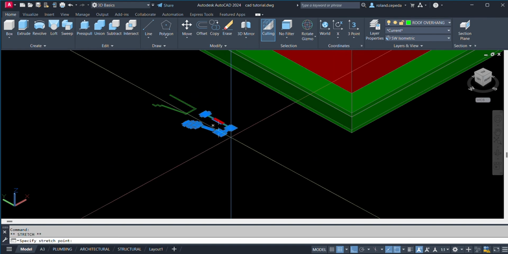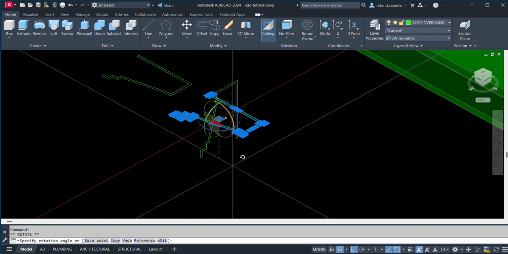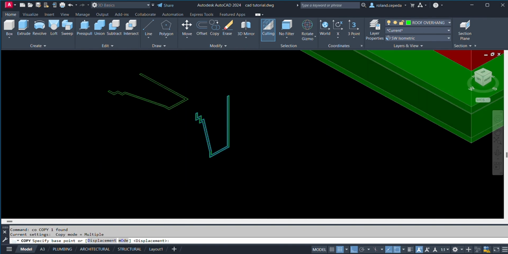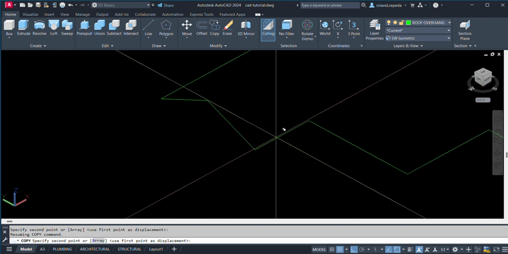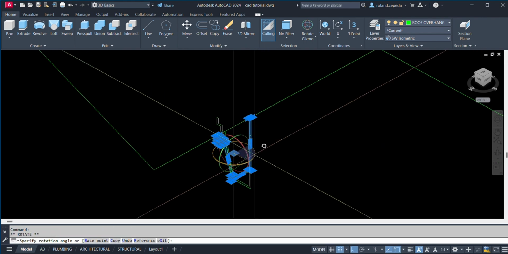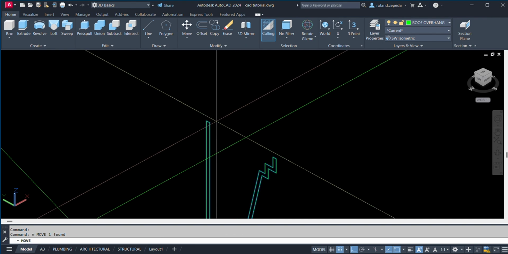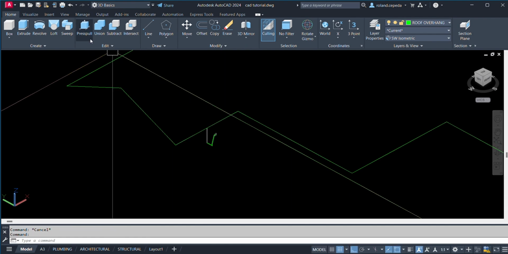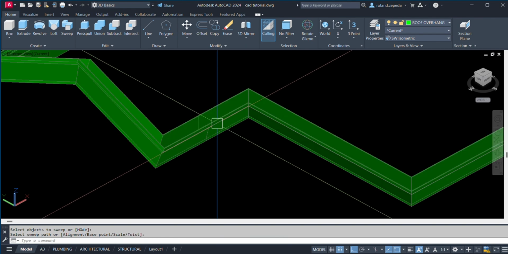So let us rotate. Okay. Let's copy this one here. Then let us try, let us sweep. Then space.